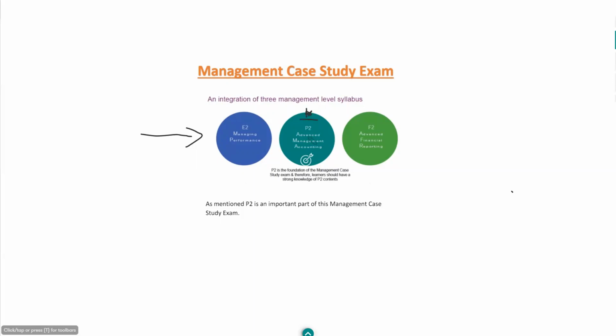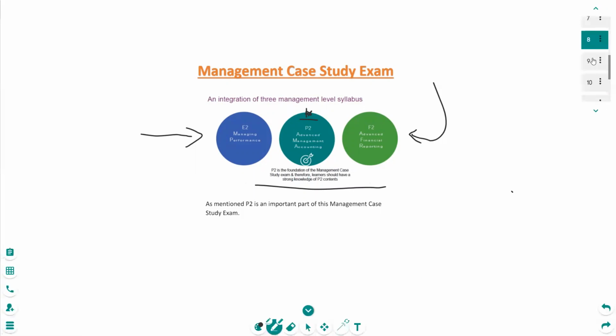Because 35 to 40% of your marks in the management case study exam are based on your technical knowledge, which is the knowledge of E2, P2, and F2, but majorly P2 because this is where the chunk of your study is going to be for your management case study exam.